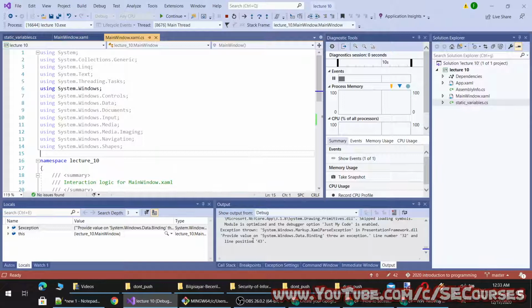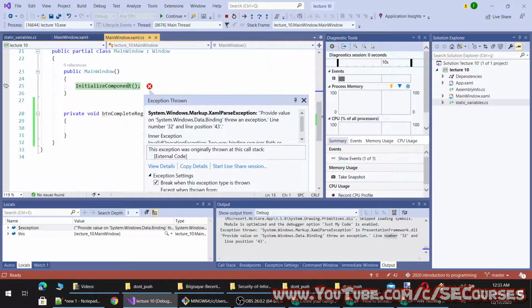Okay, it says exception thrown: XamlParseException in PresentationFramework on line number 32 and line position 43.